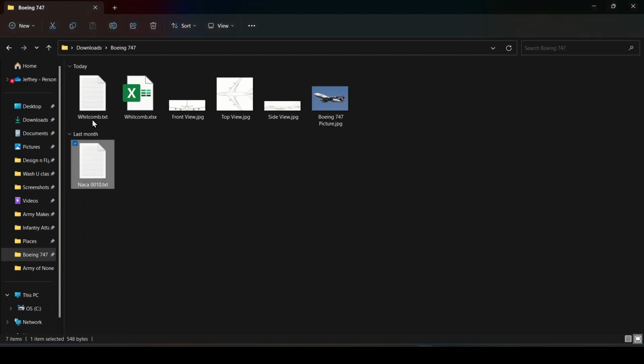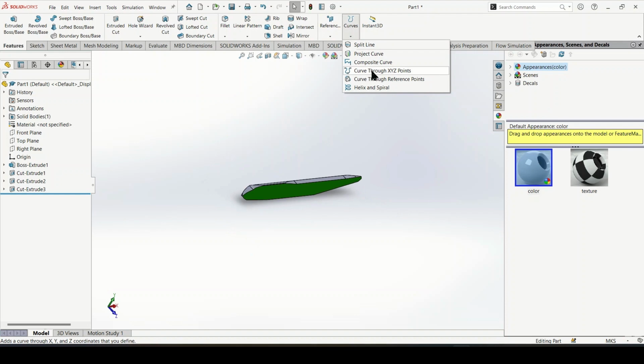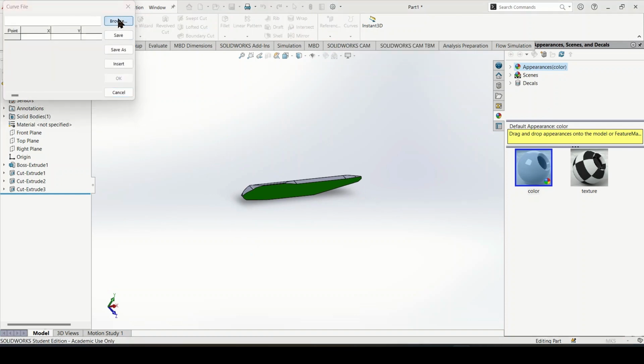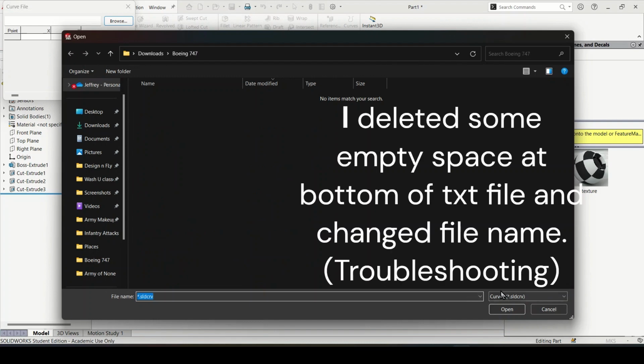I have already created the NACA 0010 text. It's the same process, just search the NACA 0010 on airfoiltools.com. Then in SOLIDWORKS, go to Curves, Curve through XYZ points, Browse, go to the folder where you have